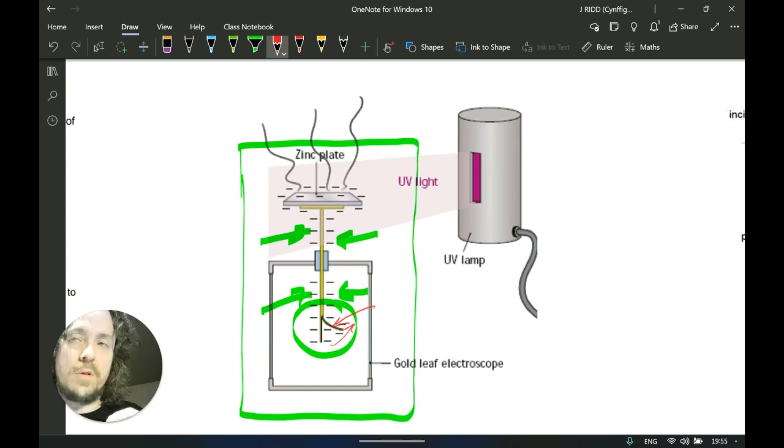Here's the thing. As we shone the UV light source onto the surface of that zinc plate, over time, because those electrons are escaping, this gold leaf down the bottom here would gradually come down as the electrons left this system. As the charge leaked away, that force of repulsion got weaker and weaker, and eventually we'd notice that the gold leaf electroscope had completely discharged. Now, there are more sophisticated ways of doing it today, but essentially that still serves a purpose, and as a visual demonstration, it works really well. So, back to the physics here.